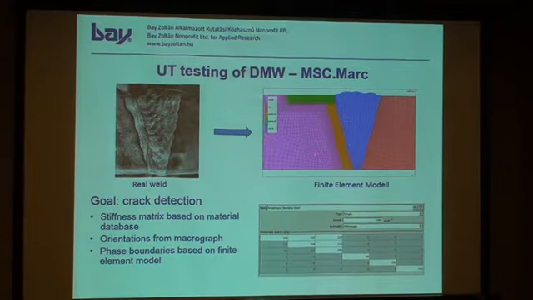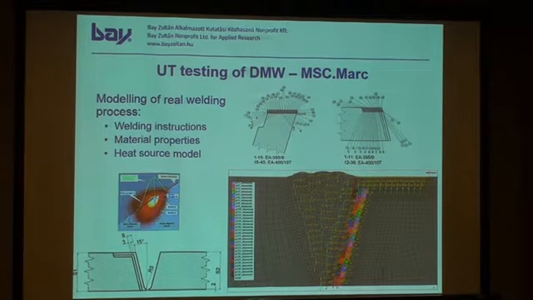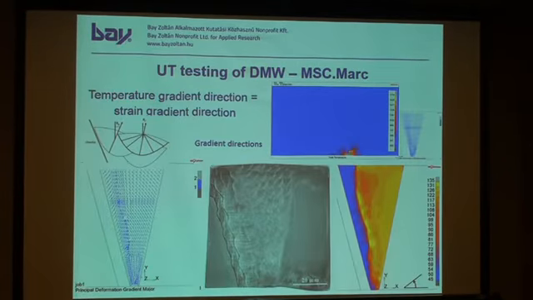Also in parallel, the simulation technique that we used was repeated for this mock-up as well, and based on it, the grain size and the orientation were determined. The stiffness matrix was determined based on the measurement of the probe weld, and was set into the Sigma calculation. You can see some information about the welding strategy, but I don't want to repeat it because it's almost the same as we carried out before.